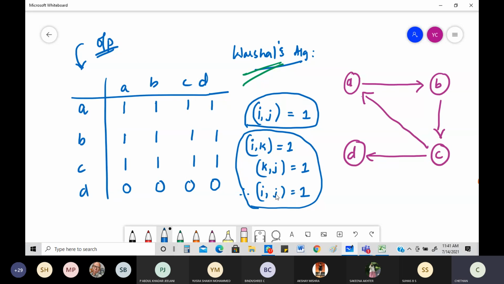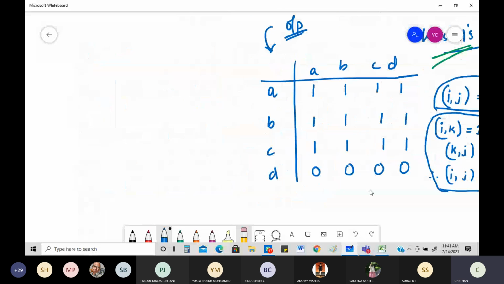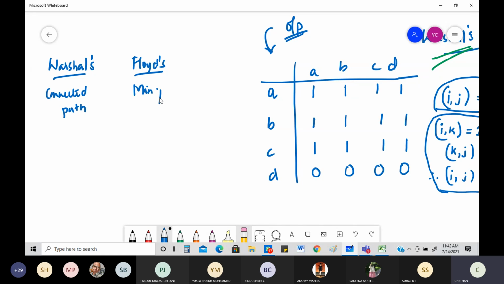Now, especially for those people who studied yesterday, what is the difference between Floyd's and Warshall's? People will ask you, because Warshall's is your non-lab program and Floyd's is your lab program. Here, you're going to check only whether a connected path is there or not. There, you're going to check for the minimum path between them. Again, the logic will remain the same. People who saw it in the B2 lab yesterday would have seen this. Same old logic only I'm using.